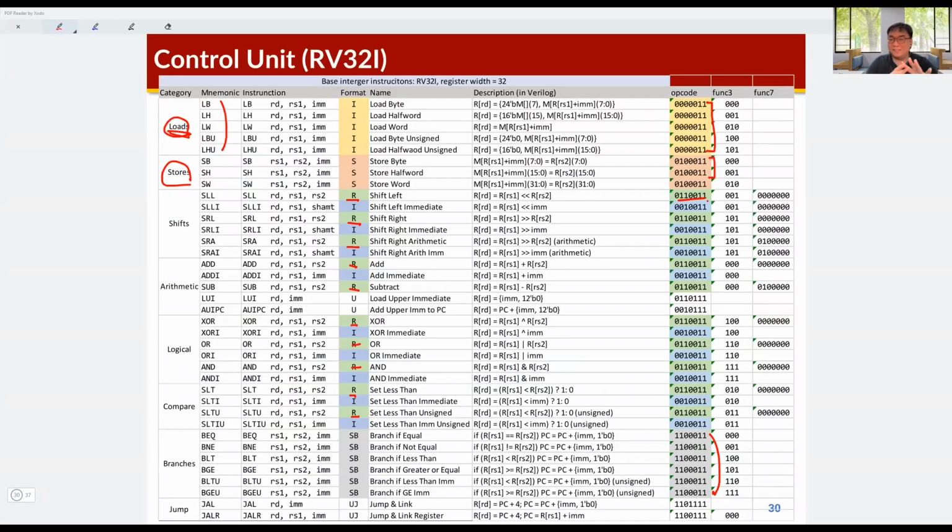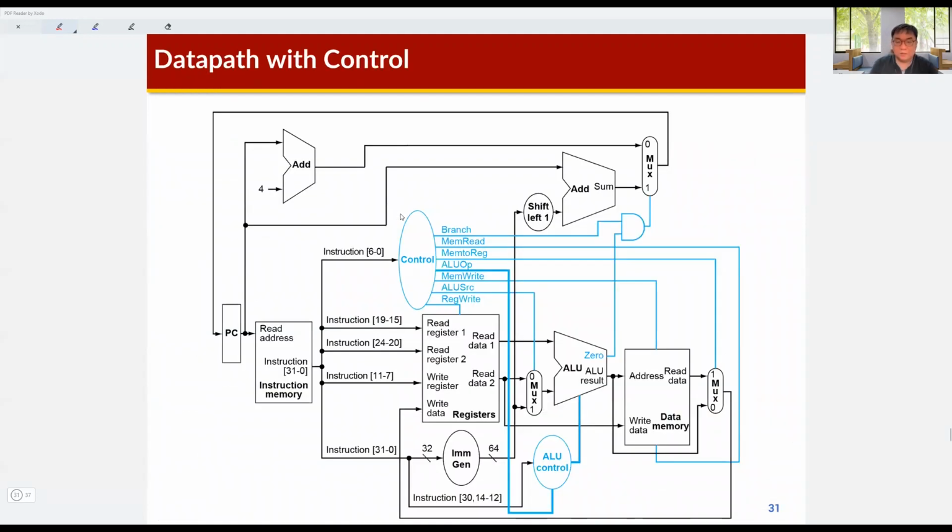And then if you see this well-organized RV32I instruction table, you can easily know which operation is required, and how to generate the required control signals for ALU. Okay. So this is the completed single cycle processor design, which includes the control unit. So the control unit is here. And as you can see, this control unit